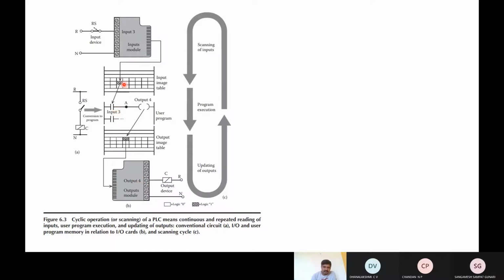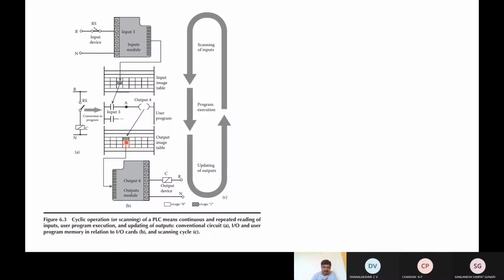When it receives an input, it will become a close contact. When it becomes a close contact, it will result in this output, or in activation of an actuator, or a signal to an output device. Again, for output signals there will be a separate, additional memory, which is called the output image table.